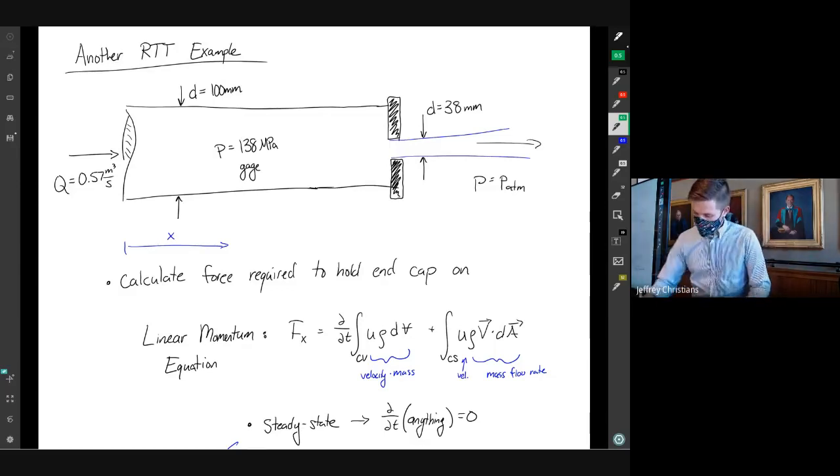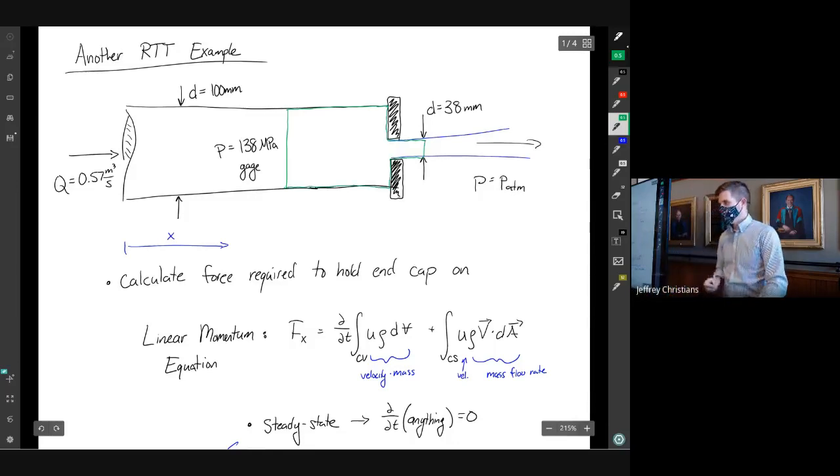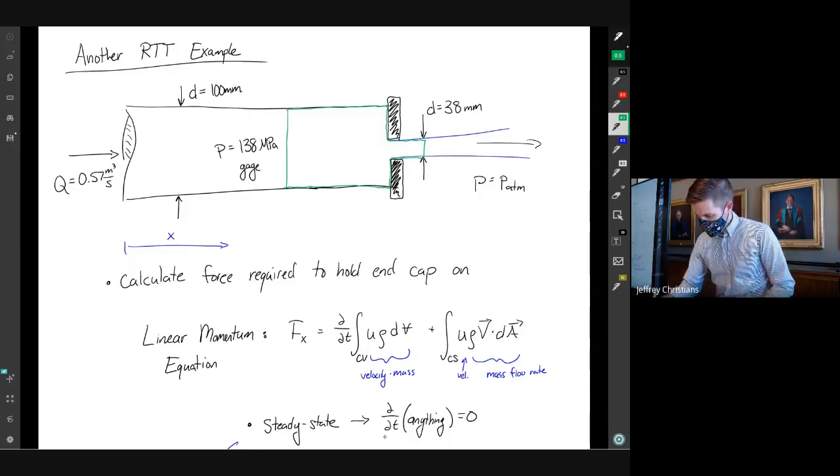So we care about, I don't know, something maybe like this. And then a little ways out of the hole, possibly. So that would be our control volume, right? And the control volume is the fluid itself, because we're looking at what is happening with the fluid. So the fluid itself,